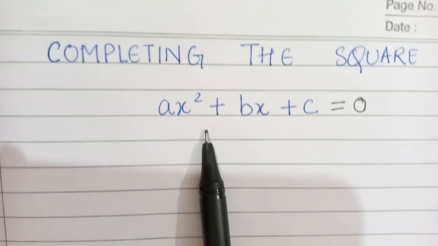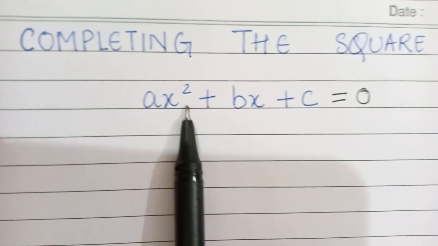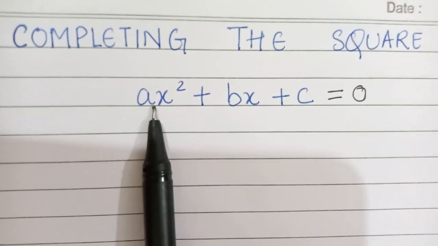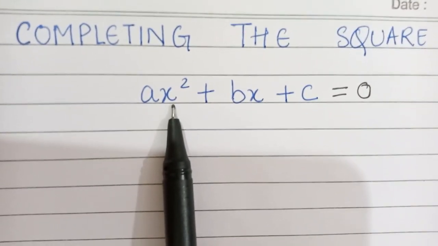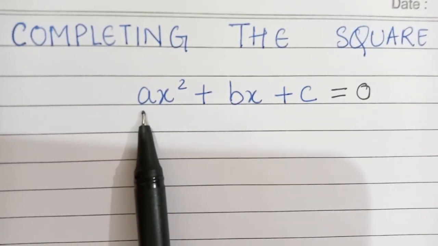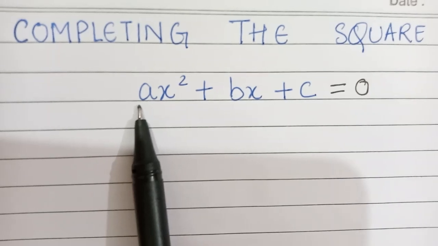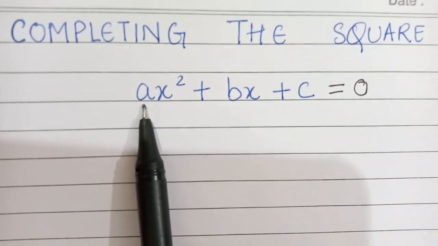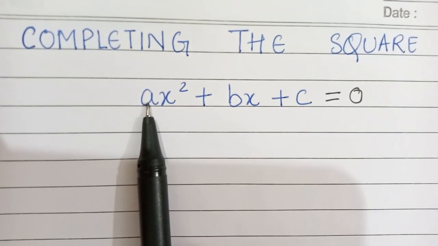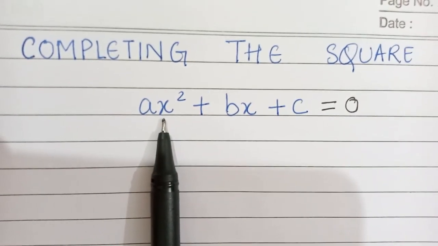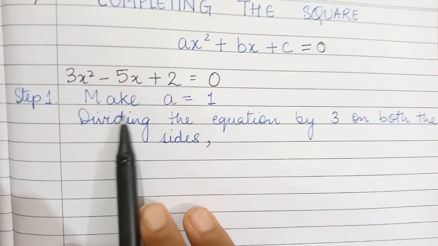The first step says that whatever the coefficient of x square is, it always has to be 1. Over here we can say that a is the coefficient of x square. Let a be any number, it can be 2, 4, 6, 8 and so on. If there is any particular number over here, we are going to divide the whole equation by that number so as to make the coefficient of x square 1.